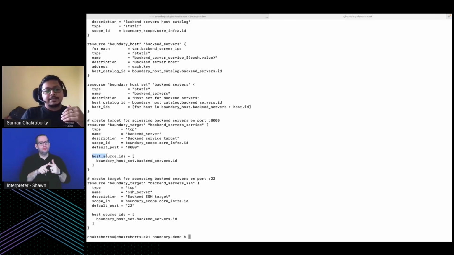So in this case, I define something called a host source ID, which basically helps to map the actual host information to the target information. And also in this case, you create something called a host source ID, which basically helps to map the backend server IP details to the host server ID and details. So I know this is a bit longer,